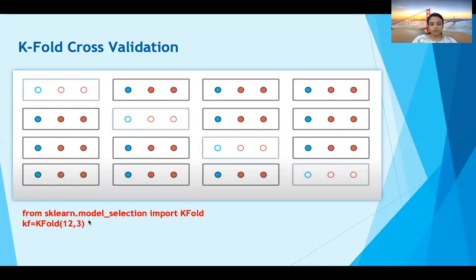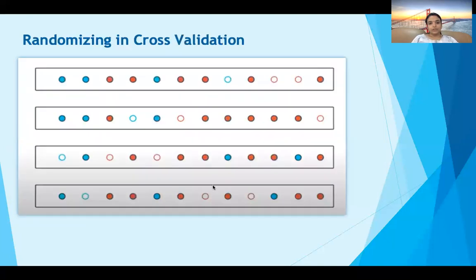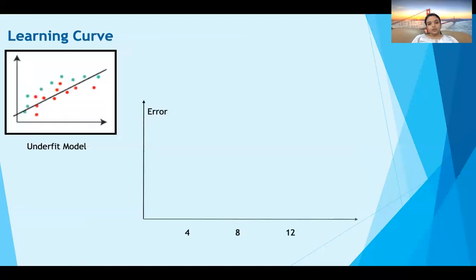It is also recommended to randomize our data to remove any kind of bias. Here we will split the data into buckets, except the data are chosen randomly instead of in order. Randomizing is very easy in sklearn by setting the shuffle parameter to true while initializing the K-fold object.